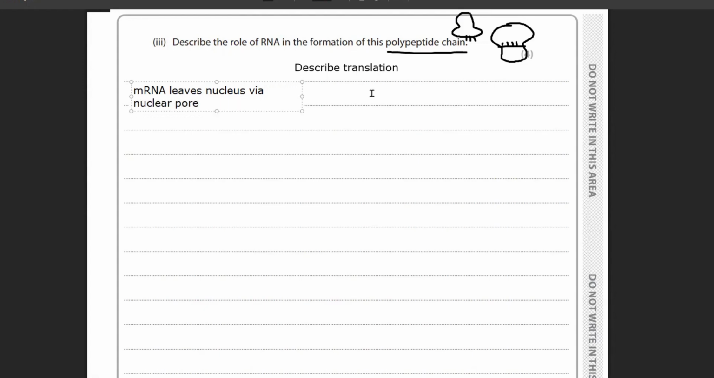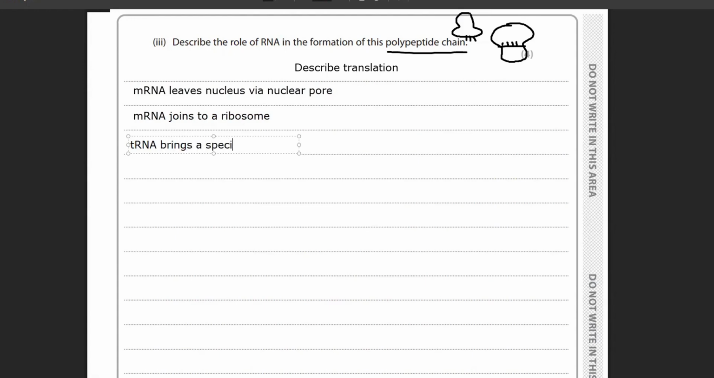mRNA leaves the nucleus via a nuclear pore. That's often the end of transcription, but we might start our bit about translation with that. Even if they say ignore, what does it matter? They're not taking marks off. So mRNA, what does it do then? It joins to the ribosome, right? Attaches to a ribosome. So that's always going to get you a mark because we're talking about the focus